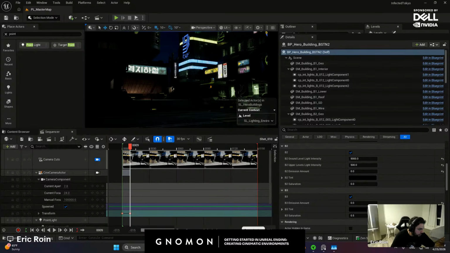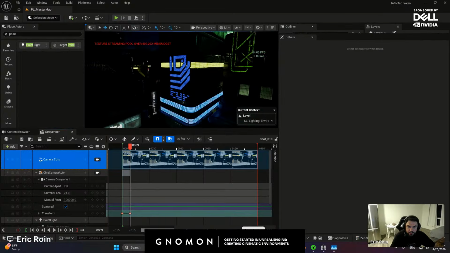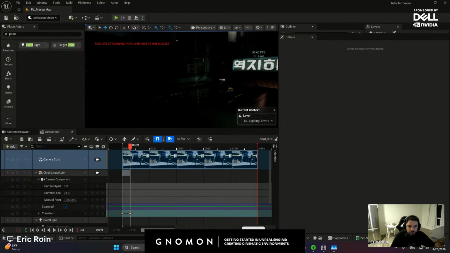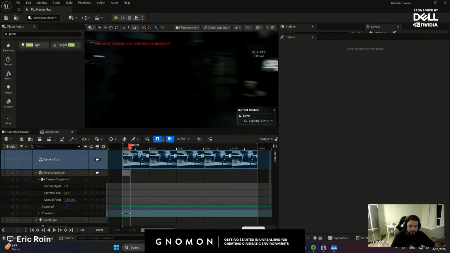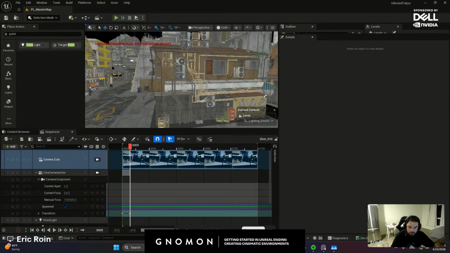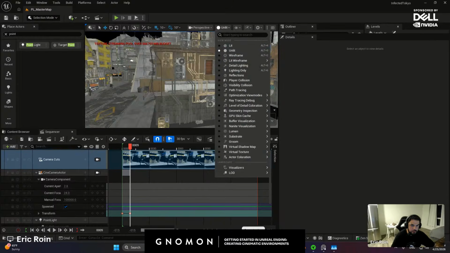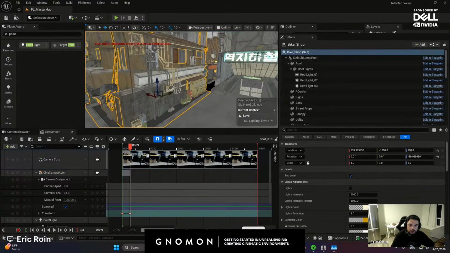Just checking the chat, making sure you guys don't have any questions. Okay. All right, so building is looking good. Let's see what else we have in the scene. Pressing Alt 4 to kind of preview, or Alt 3 and Alt 4 to go back and forth. Or you can also change your lit modes here. And let's take a look at this building.